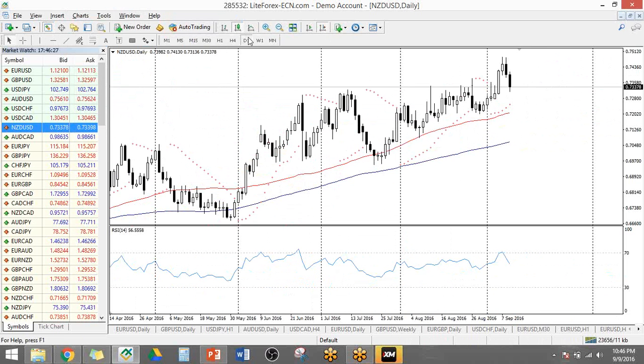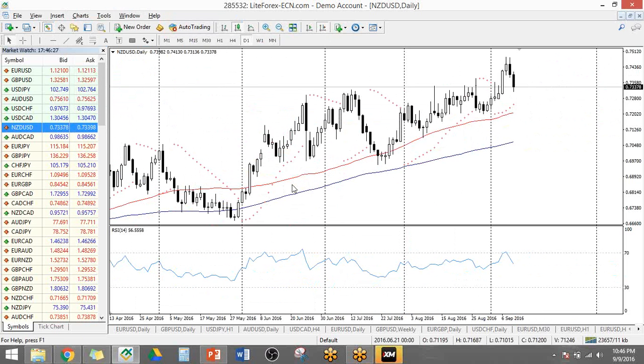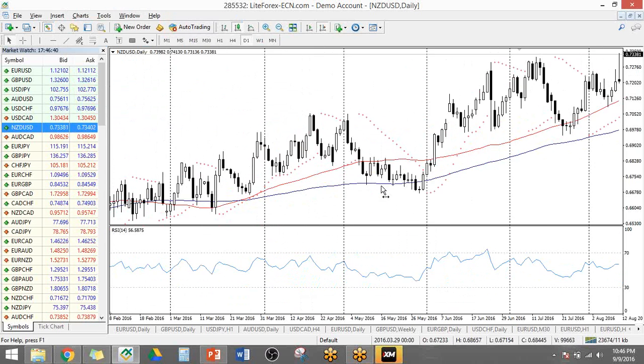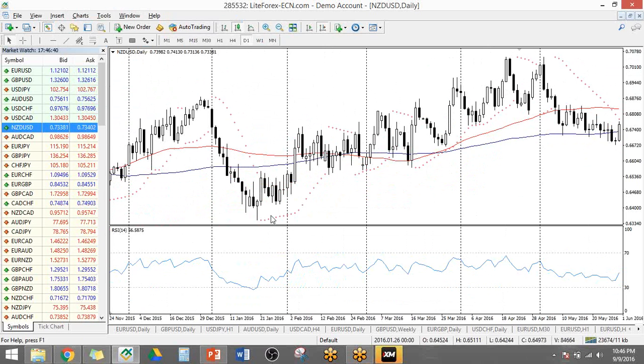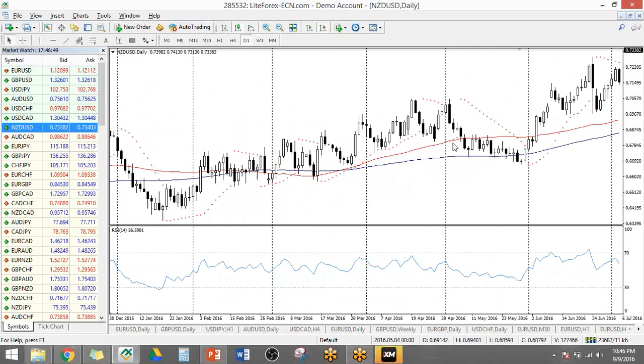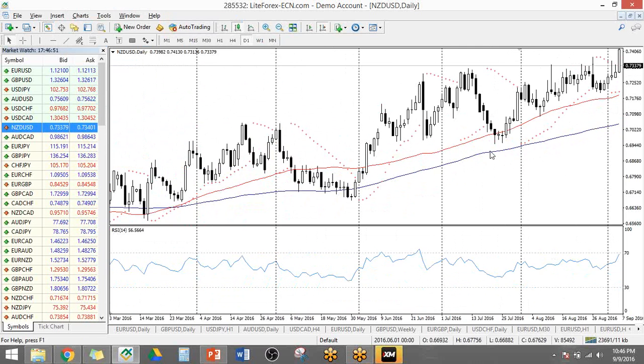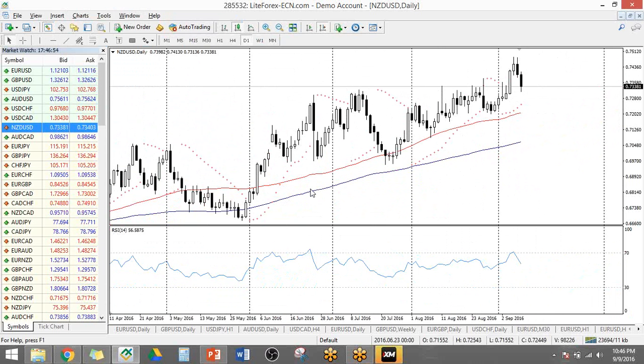All right. So as you can see here, you have dots below and dots above. The dots below are just telling you that the trend is going up. If you have dots above, it just means that the trend is going down, right? So dots below, going up, dots above, down, short up, way down, and so on and so forth. So basically, it can add a little bit to your analysis, parabolic SAR.